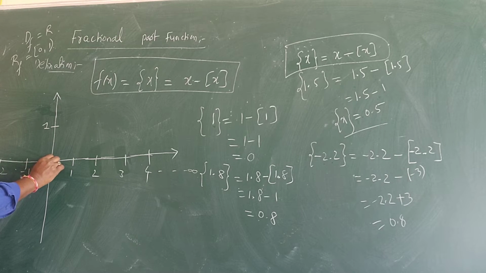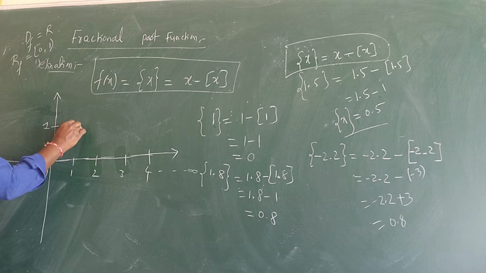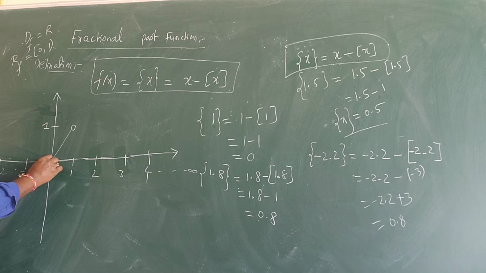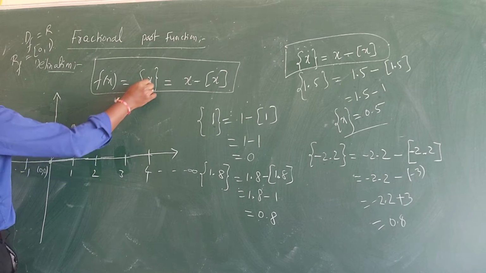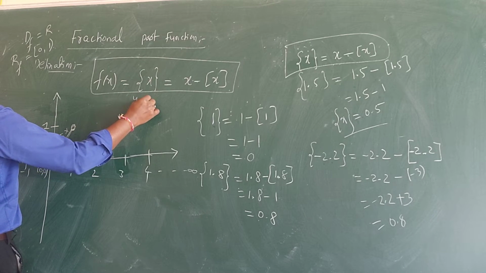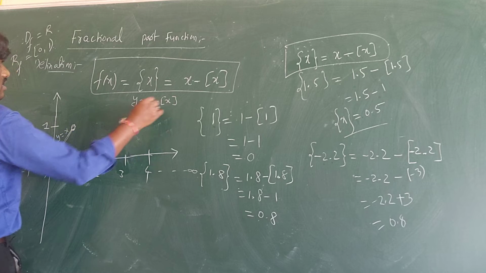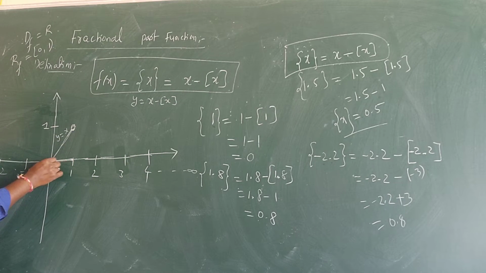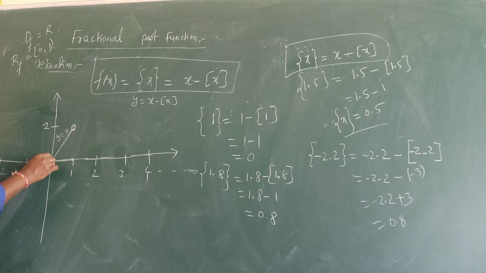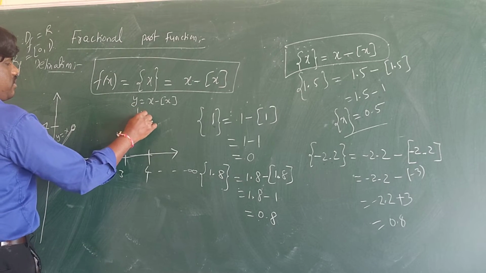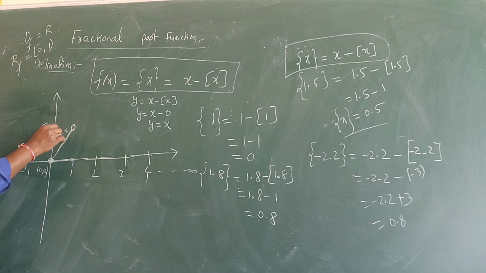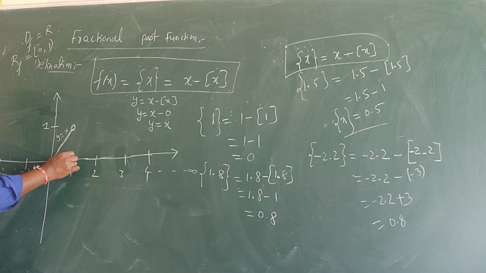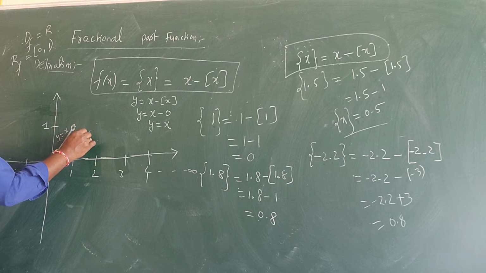If I go from 0 to 1, this point is 0 to 1. When I am moving here, my answer will be here to here only, till 1 it will reach. And I got y is equal to x. Reason is the fractional part of x: y is equal to x minus greatest integer x. The greatest integer of 0 to 1 is 0. So the answer is y equals x minus 0, so y is equal to x for this part. This is most important to remember. All the JEE Advanced questions are solved by this.